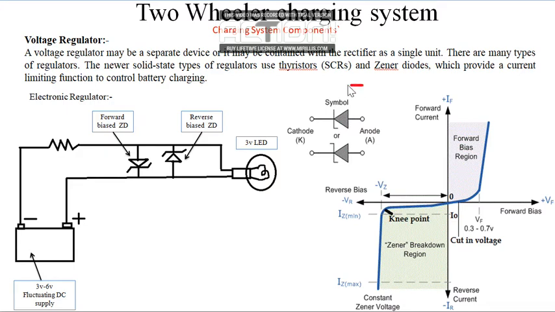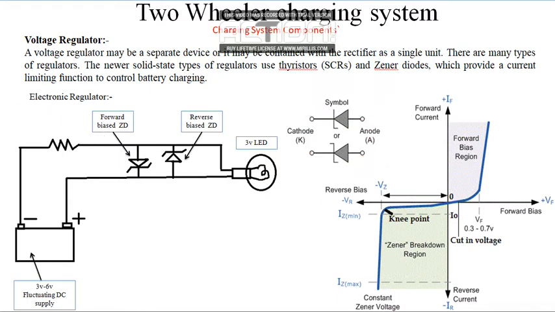It means it is not necessary that the current always flows in the direction of the arrow shown on this diode, but in some cases, or in a particular case, it may allow current to flow in the reverse direction also. So the Zener diode is such a diode which can conduct in forward bias and also in reverse bias. We take advantage of this to regulate voltage in the electronic regulation system.